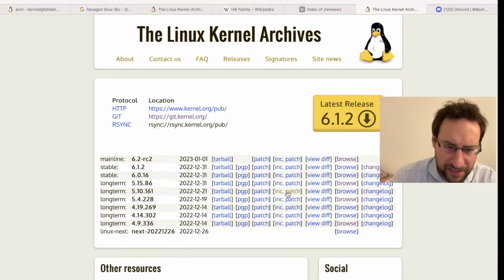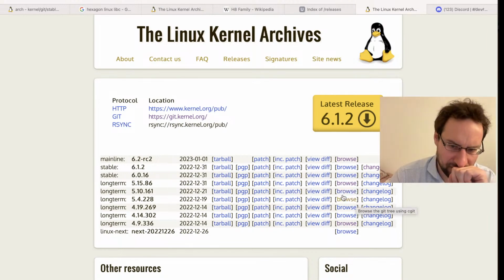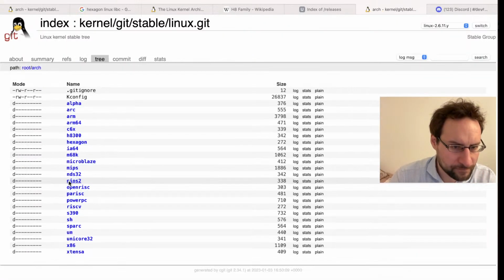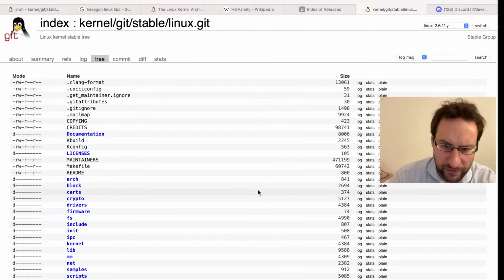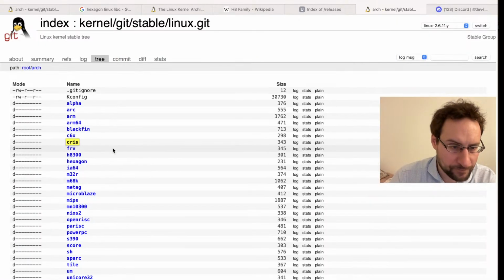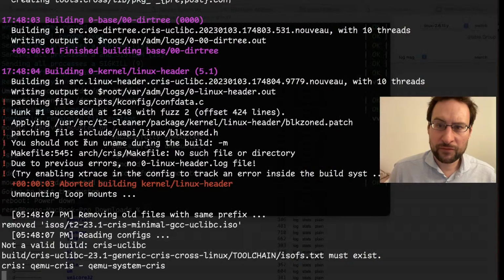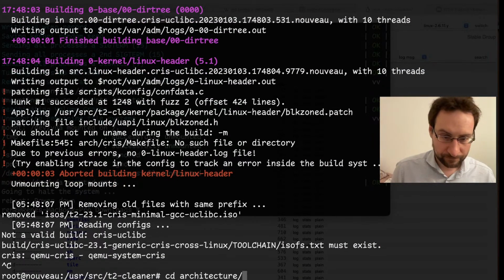So there are also some architectures in there that don't even have GCC support. So theoretically, we could support, I think it's Hexagon, but that only has clang support, at least upstream. Oh, that is already removed there. Which one was it? It's still in there though. That is 414.